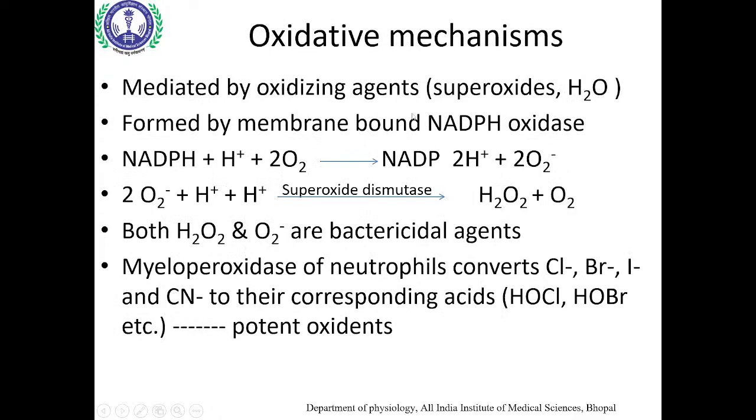Second is the oxidative mechanism. In this oxidative mechanism, the superoxide anions are acting to kill the infecting organism, right? And these are formed by the membrane bound NADPH oxidase. What is the full form of NADPH? Nicotinamide